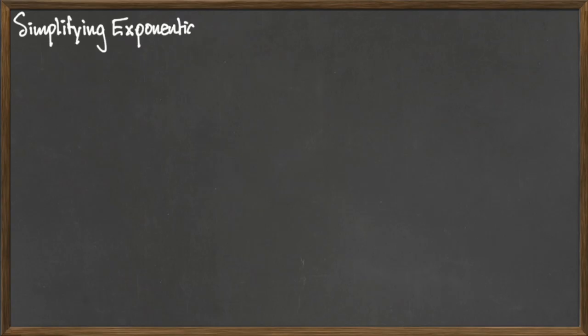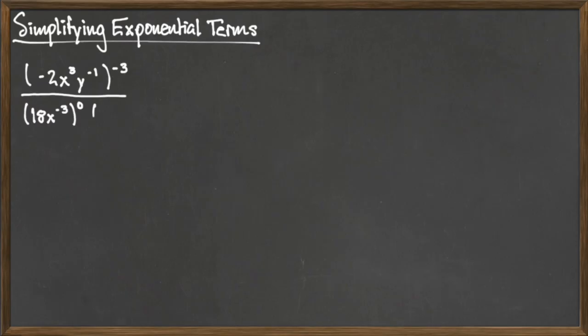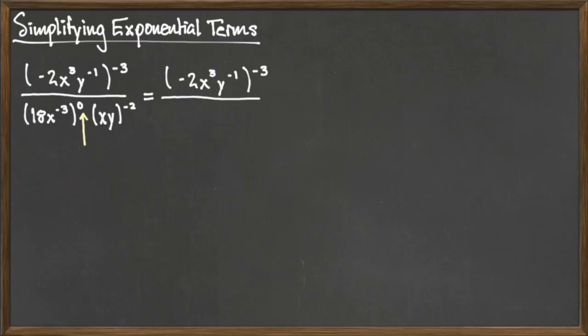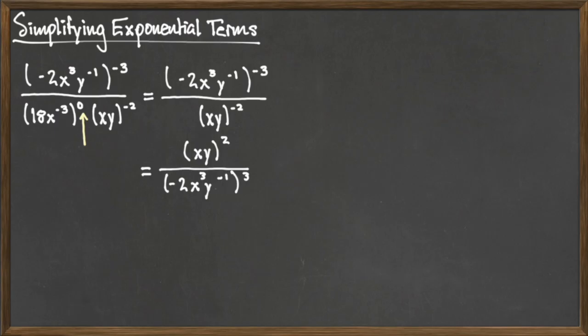We'll end this video with an example that's a little bit more challenging. Consider the given expression. Even though it looks like there's a lot, there's one term that sort of goes away for free. Notice 18 times x to the minus 3rd has a power of 0, so by definition, that term reduces to 1. Since each term has a negative exponent, we can change each term's location in the fraction. This is going to give me xy to the 2nd divided by negative 2x^3y to the negative 1 to the 3rd power. Again, all I've done is changed each term's location in the fraction to take care of the negative